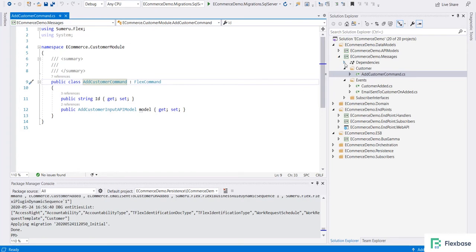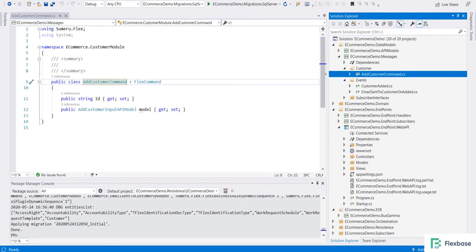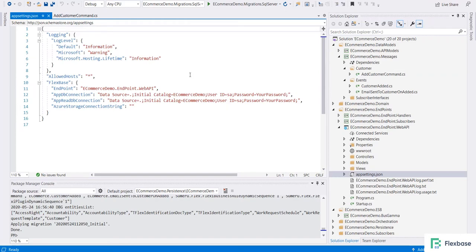We have an add customer command. In the endpoint, the name of this endpoint is e-commerce demo.endpoint.webapi. So what the bus will do is, whenever your message is received by the API, it invokes the service layer.